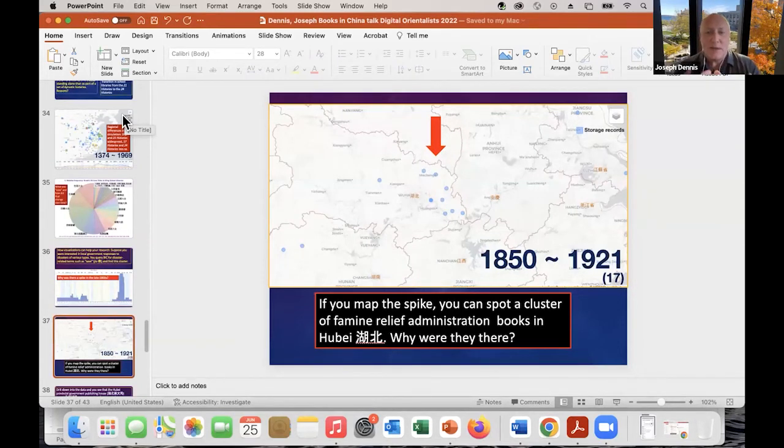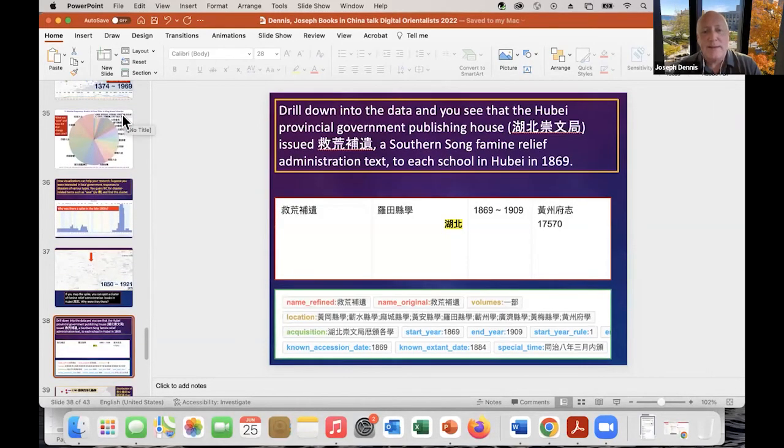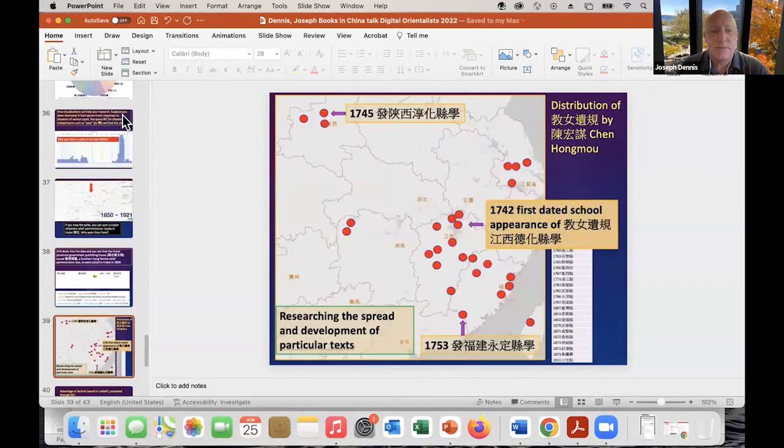And so it just becomes a way for you to start a kind of research thread. And then you can drill down into the data in the data table and see that there was a government publishing house that actually sent a book about famine relief to every school in the province in 1869. So this tool is designed to help people ask new questions or pursue questions that appear when you visualize things.